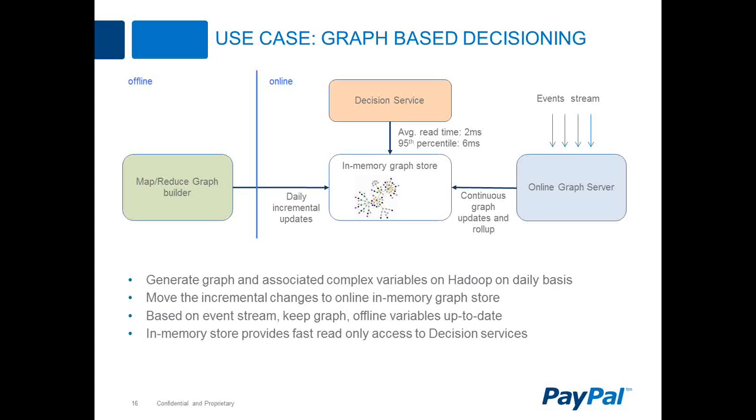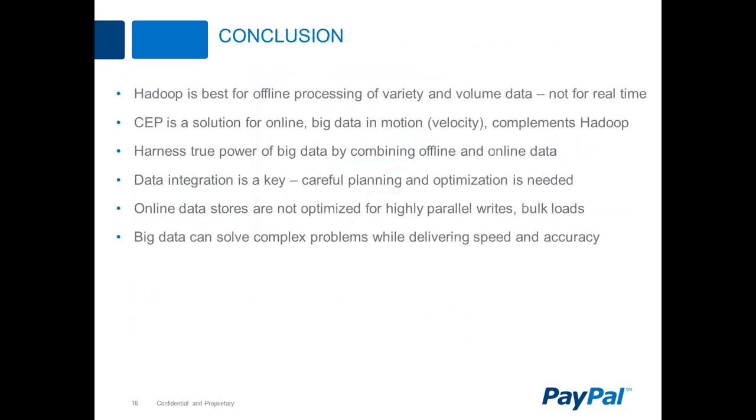Okay, so what do we get out of this whole talk, or what was the conclusion of this whole talk? Hadoop type of technologies are best at processing variety and volumes of data, but they are not for real-time processing. For real-time, you really need a CEP solution. That's where you can address your velocity. So both technologies complement each other. A lot of times there's talk that they're competing with each other. The fact is that they're